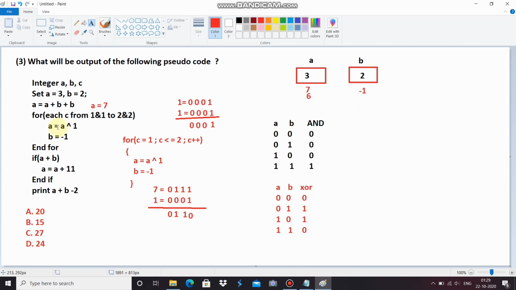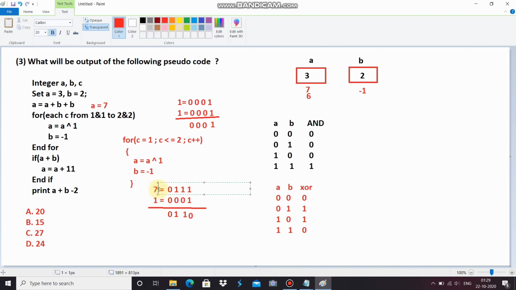Now that was the first time the loop operated. Now the loop will operate a second time. Now the value of a is 6, and it is checked a second time.